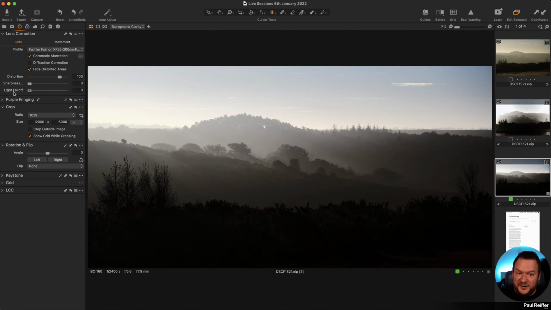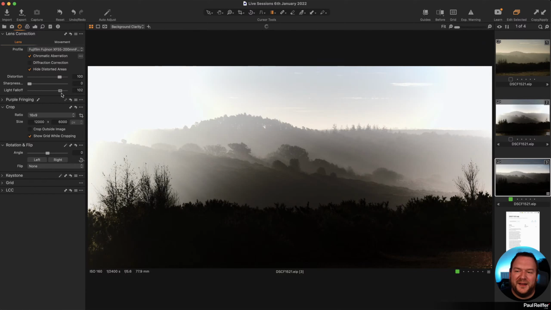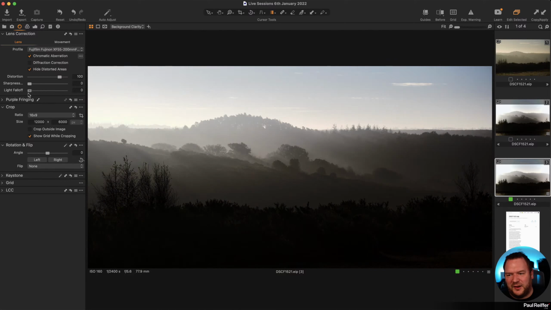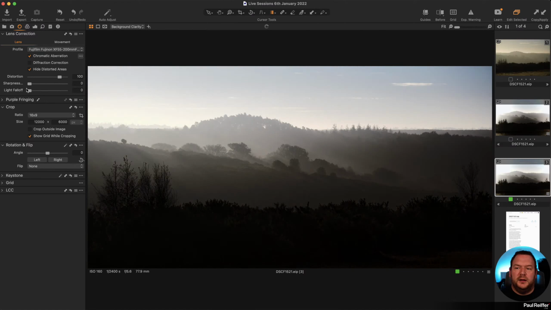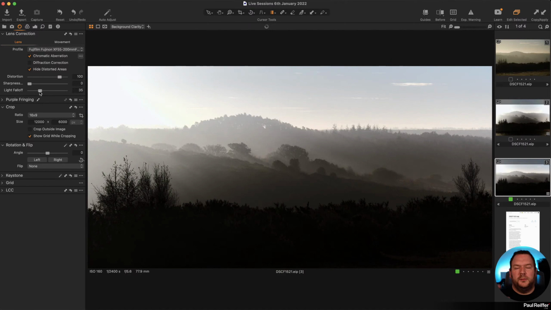So don't worry. If you'd done that intentionally, I was going to say try and back it off. If that's not how it's meant to look, then it may be that light fall off got either corrupted in the export or something like that. But light fall off is great if you have a lens which vignettes at the edges. If it does that, then you use this to brighten up those corners and it evens out the frame. If you're doing panoramic stitching, you need to use light fall off and set it to 100 so that you don't get the dark light as Capture One tries to stitch it together.